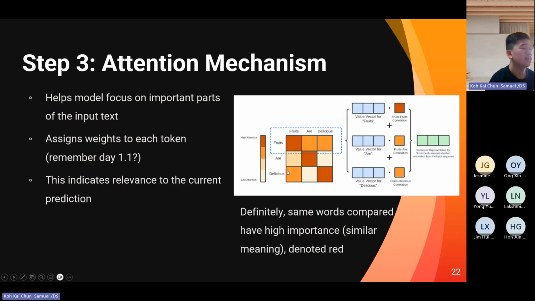Right. So step 3, attention mechanism, to help the model focus on important parts of the input text. So we assign weights to each token. So remember, actually it's not only day 1.1, but it also has day 2.1, because the attention mechanism is covered in day 2.1. So this indicates the relevance to the current prediction. Similarly, the weights refer to how important